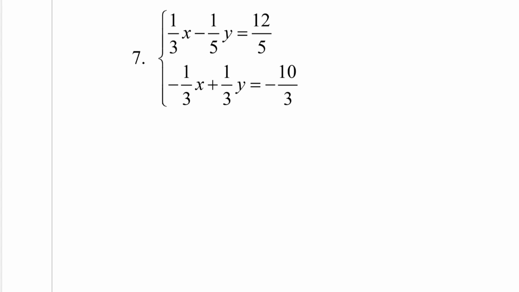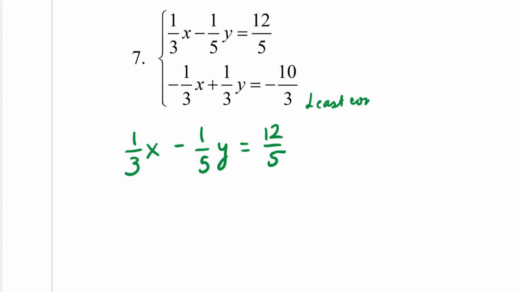So what that means is that we are going to multiply both sides of each equation by a number that will then get rid of the denominators. So let's take a look at that first equation, which I'm rewriting here. You see that we have a denominator of 3 and we also have a denominator of 5. So we will be using the least common multiple to clear the fractions. Now the least common multiple is the same as the least common denominator. In other words, it's the smallest number that 3 and 5 are both factors of. And in this case, that number is 15.